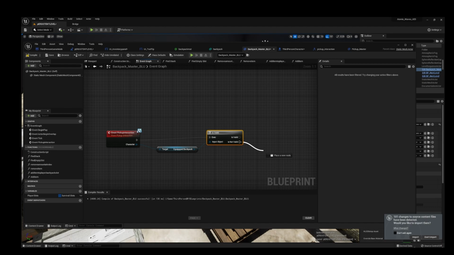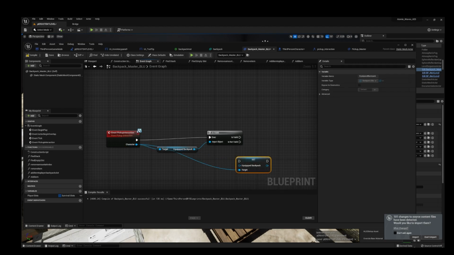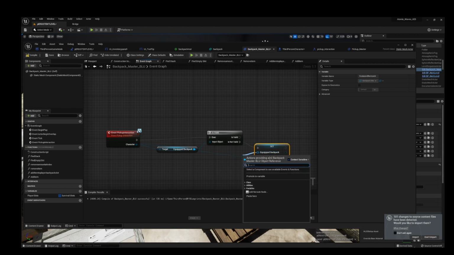Then we're going to set equipped backpack. Sorry, not from is not valid, from character, set equipped backpack and connect it to is not valid. I was a step ahead. And from the equipped backpack, we've got to get a reference to self.